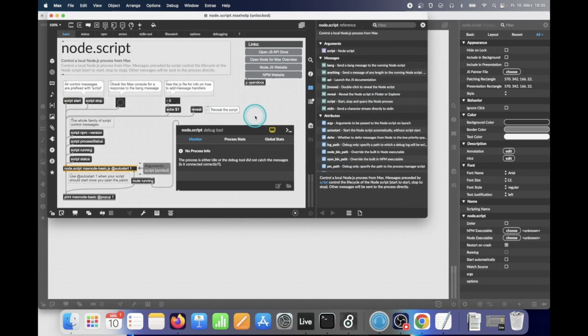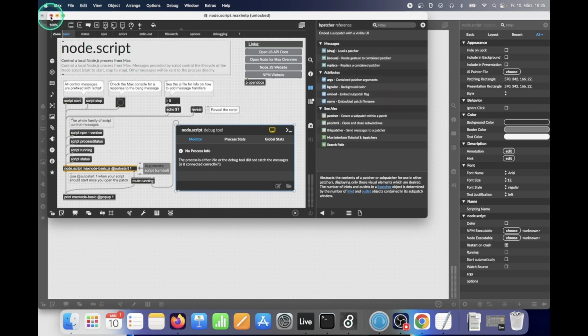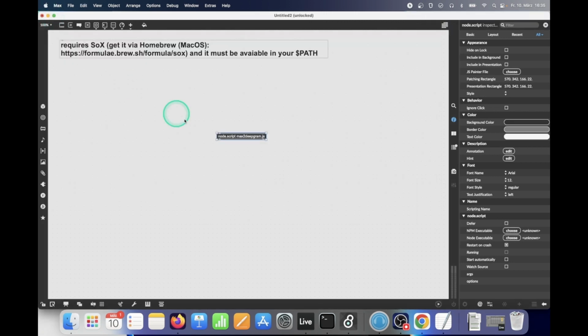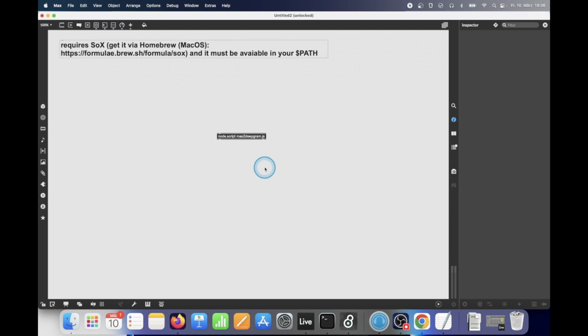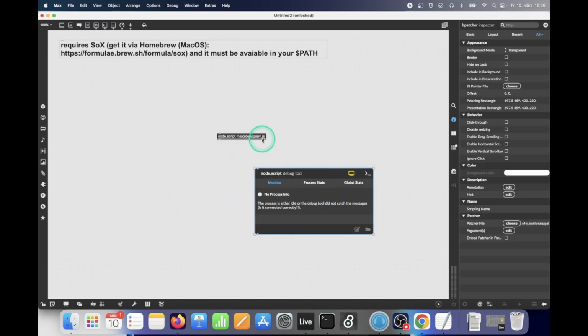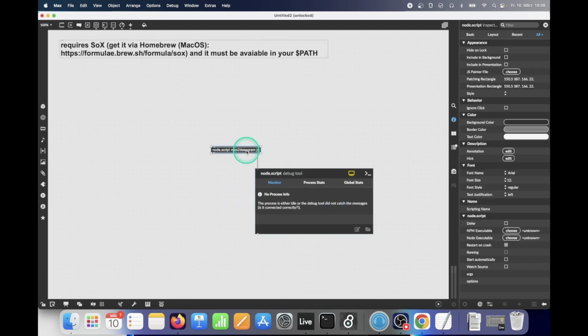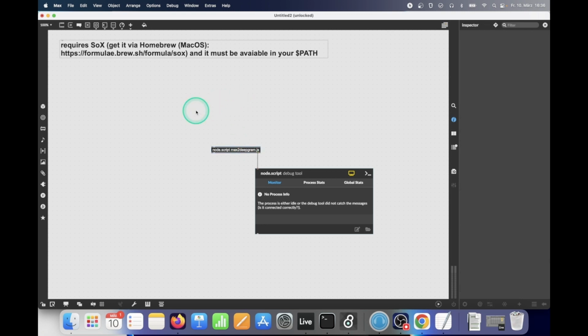You will want to copy the debugger from the help file, patch it out the right outlet, and then we're going to need the script start, the script stop,